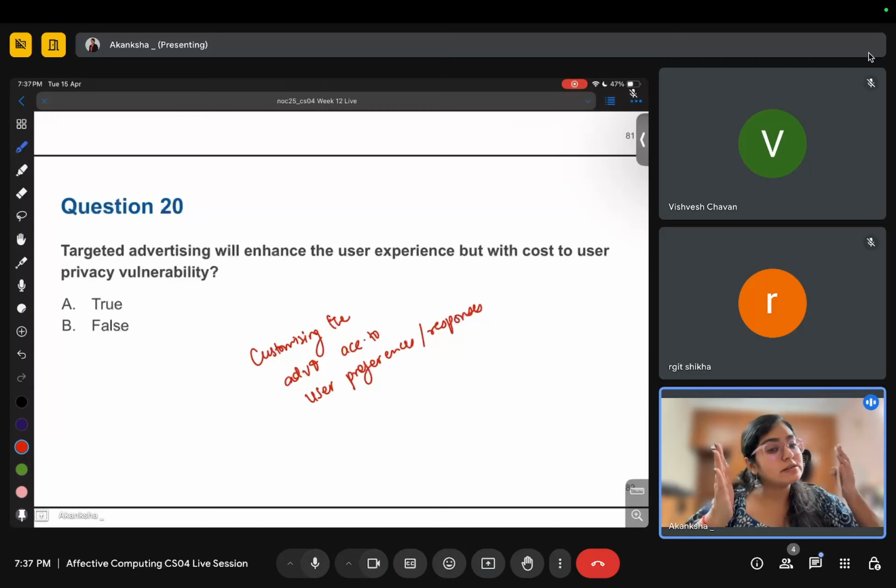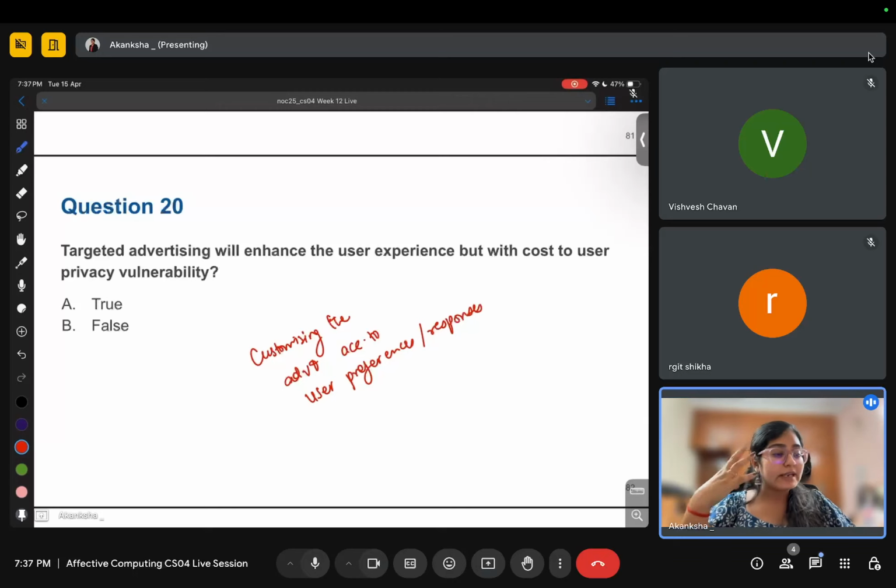Then you will start sending me those kind of dresses as advertisements. This is called targeted advertising. For me it will be different based on my preferences, for you it can be different. You will be shown a different product, and me a different one, based on what I was searching or how my experience was, how my reaction was. This is the targeted advertising.